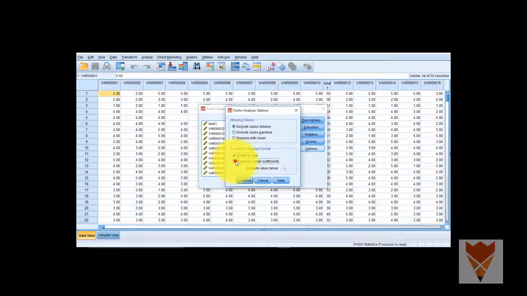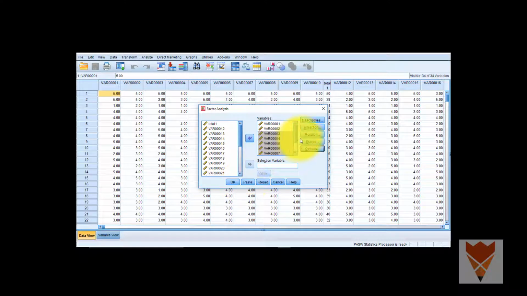And then I'll be checking Suppress small coefficients. The coefficients or the items which are showing a value less than, I'm making it 0.4 here. 0.3, 0.6, 0.5 you can choose, but generally the thumb rule says that 0.4 is okay. If you go for 0.6, 0.7, many questions or many items will be excluded from the analysis. So to be on the safe side, I am choosing 0.4. All the items which are having a correlation value less than 0.4 will not be considered, and then Continue.